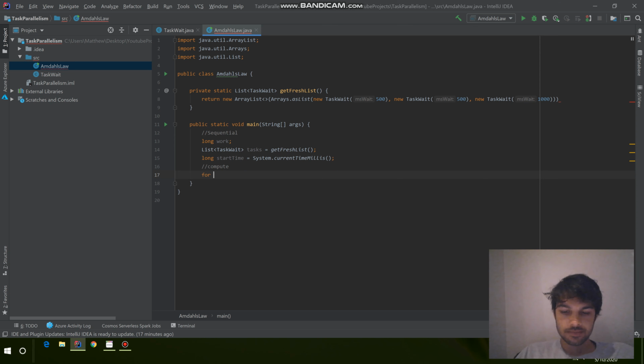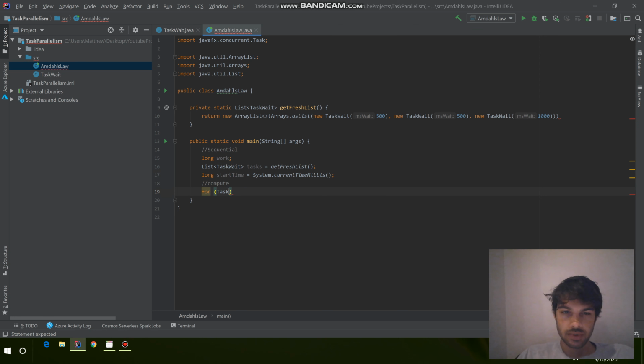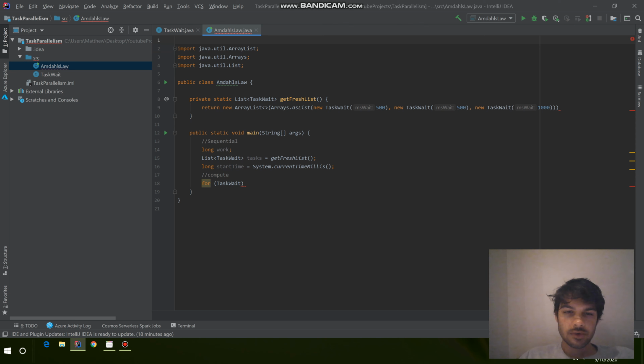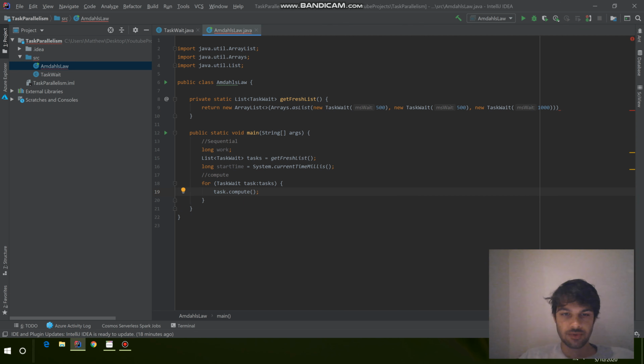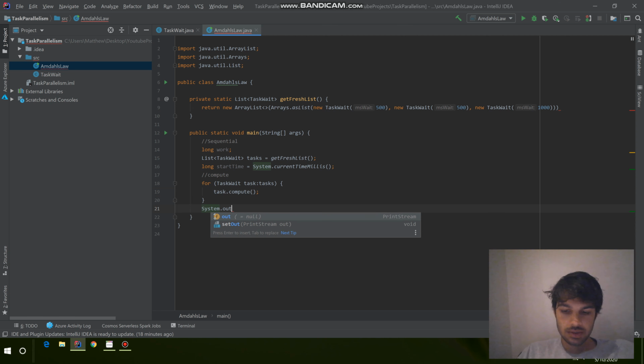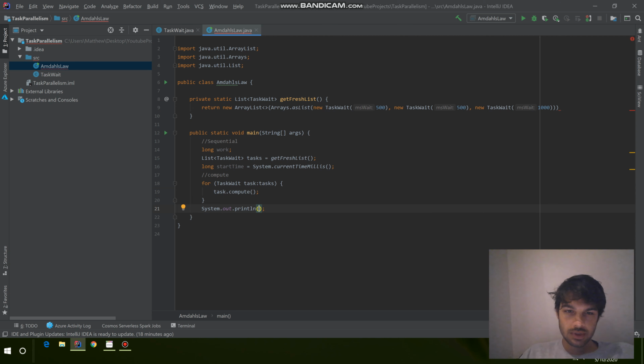So for task wait, and I imported concurrent task, I don't want to do that. Alright, so for task in tasks, we're just going to do task.compute. So that just runs it sequentially. And then we're going to System.out.println work equals